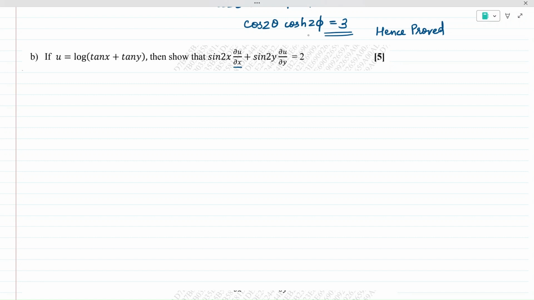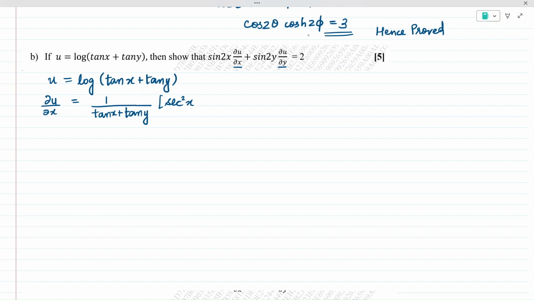So of course we'll start with finding the partial derivatives. ये concept partial derivative के topic से है. Okay. So partial derivatives कैसे निकालेंगे? So let's start with u which is given to you as log of tan x plus tan y. So let's take partial derivative of u with respect to x. तो log का derivative 1 upon हो जाएगा. And chain rule से tan x plus tan y का partial derivative with respect to x लेंगे. तो tan का derivative होगा sec square and tan y का derivative 0 हो जाएगा because